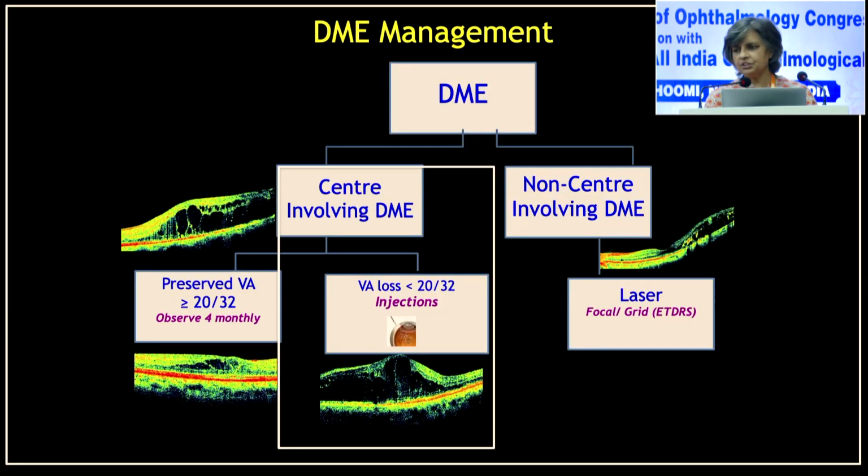So when we see a patient of diabetic macular edema, only the one which is in the white square, that is the area which we treat, which is center involving diabetic macular edema with visual reduction. If the vision is better than 20/32 and there is very mild edema, this can be left alone and left